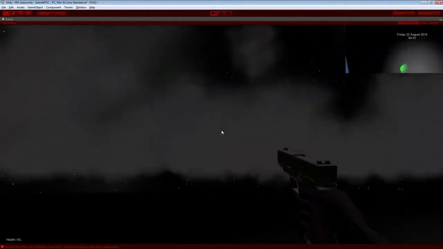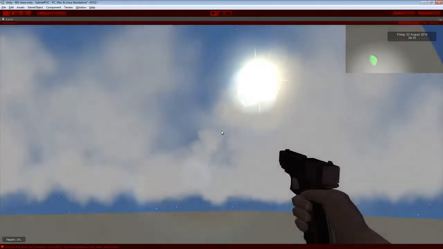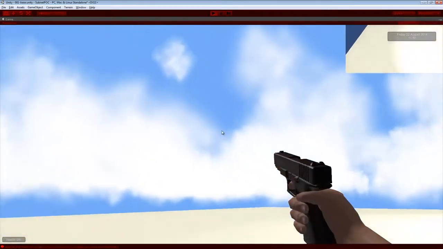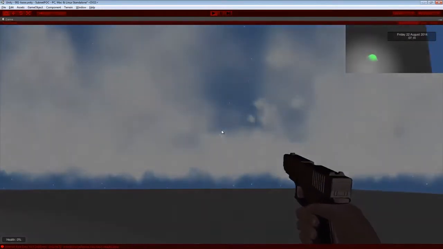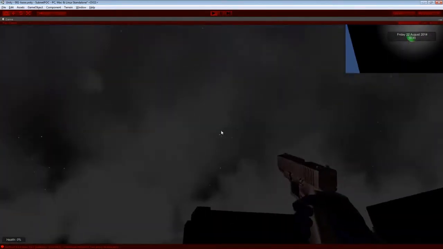I can show you in a bit more detail. It's a bit disorientating because of the light. When I speed the game up, the light's a bit funny. It flashes back and forth, so you can't really see it. I'm trying to find the moon now,